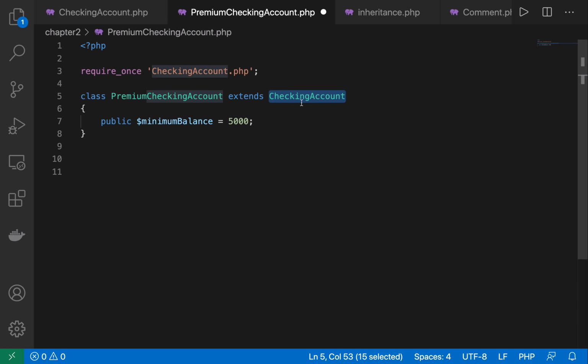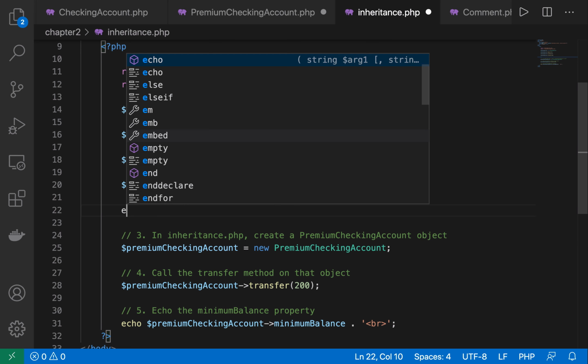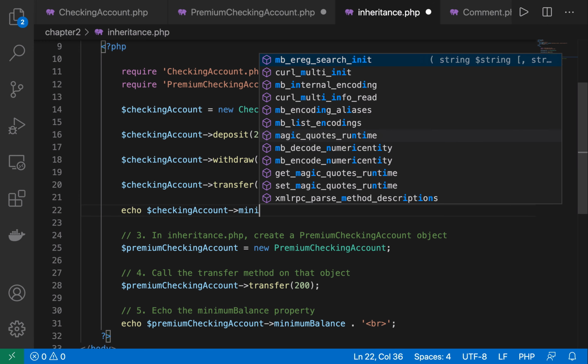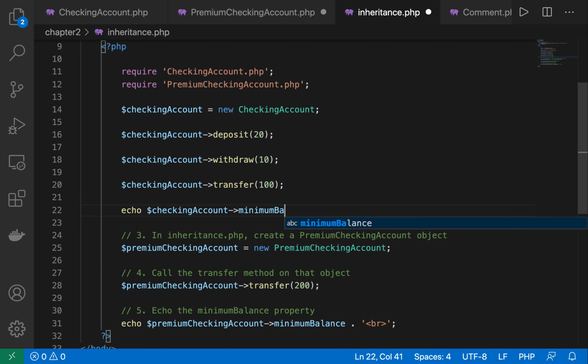So we said class premium checking account extends checking account, and we gave it a minimum balance which is unique to the premium checking account. And just to prove that it's unique to the premium checking account, I'm going to try and access the minimum balance property on the checking account object, and let's see what happens. So I'll put that in, I'll put a line break in, and we'll go back to the browser,